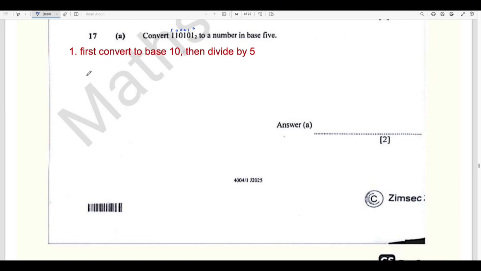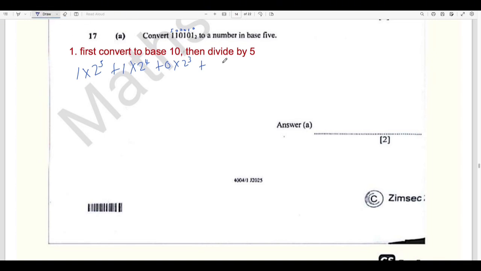So the 1 next to the base has a value of 2 to the power 0, then the next digit has 2 to the power 1, and so on. So now it will reach up to 1 times 2 to the power 5 plus 1 times 2 to the power 4 plus 0 times 2 to the power 3 plus 1 times 2 to the power 2